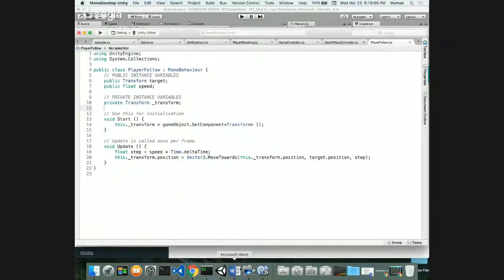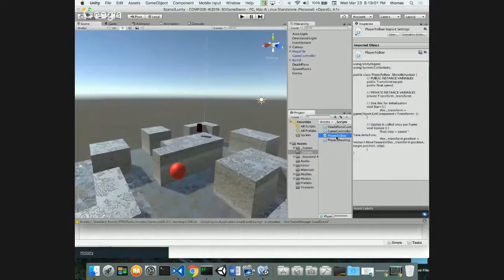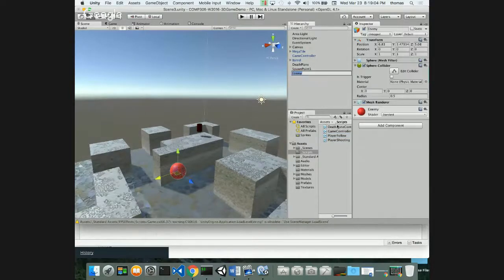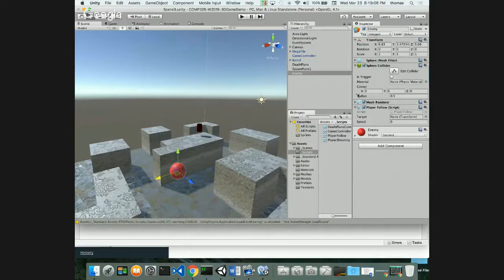And we'll go back to Unity. We've got my PlayerFollow script, and I've got my enemy. I'm going to take my PlayerFollow script and attach it to my enemy. There it is. And I need a target, which is my player. Now, where's my player? Well, there's a couple of ways to do this. I could drag and drop,